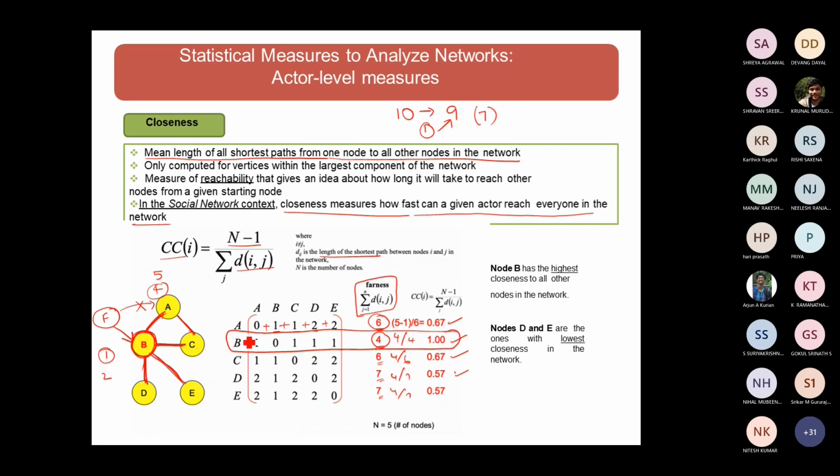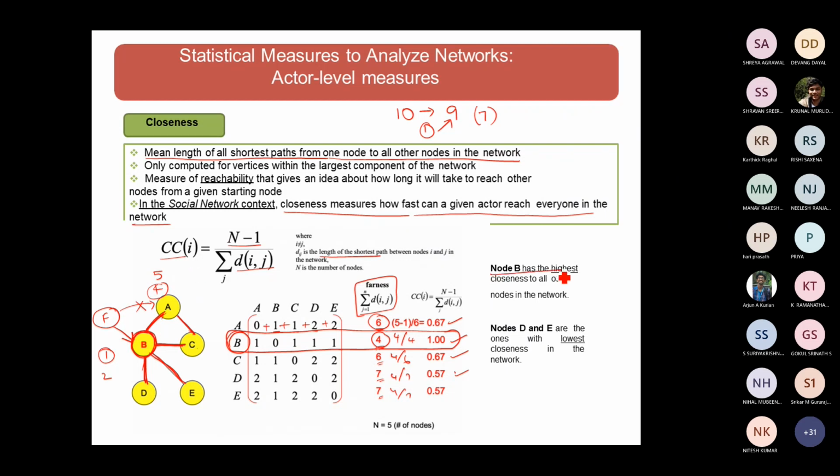B, which means I can choose B. B is going to be the person I'm going to choose because he has the highest closeness centrality in the given network, which means if I select B, he has the maximum reachability to connect all other nodes in the network. It is not only the number of connections this person has, but the length of the shortest paths that pass through this. Okay, so that is what closeness centrality is.